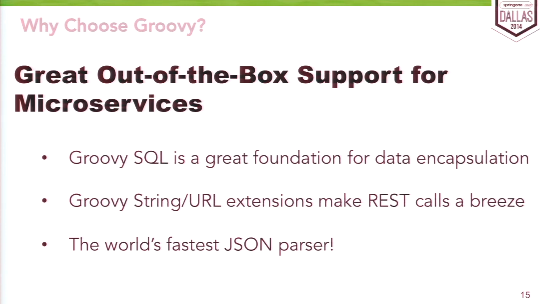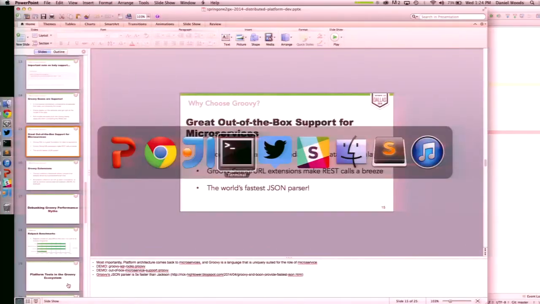Oh yeah, and a proven fact, Groovy has the world's fastest JSON parser. JsonSlurper was put up against JSON and Jackson and all this stuff. Some measurements have clocked it at up to 5 times faster than Jackson, and Jackson's pretty damn fast. So that's pretty cool. Probably the most common exchange we'll have between microservices will be JSON, right? So when we're consuming that data, we can get at it very easily.